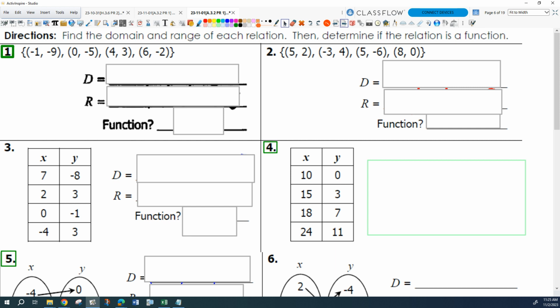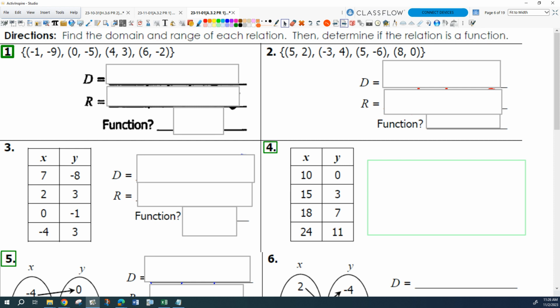So let's now just look at some examples of different ways of expressing relations. And what we want to do here, I got to get a drink, man. So